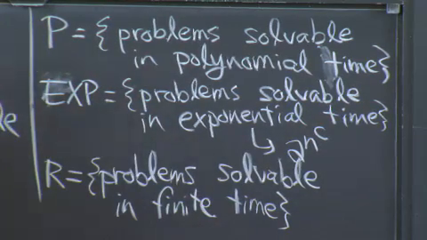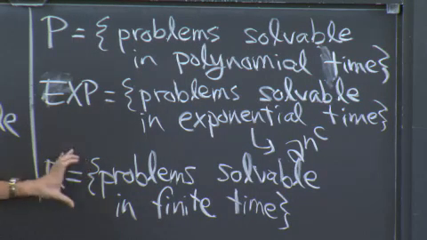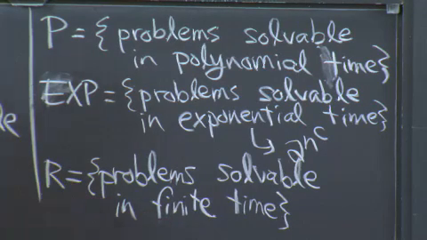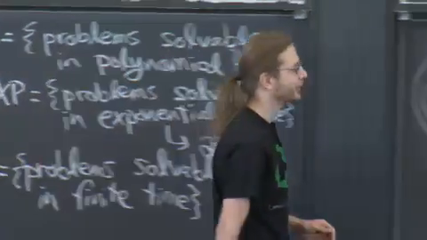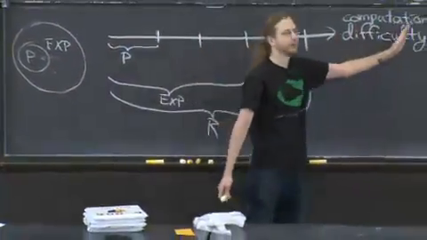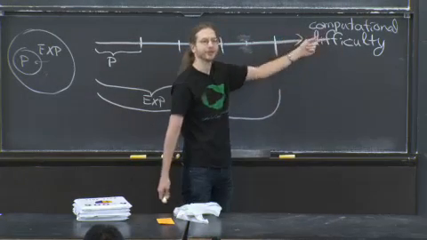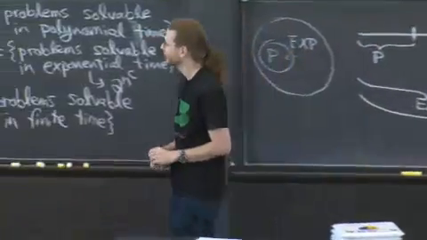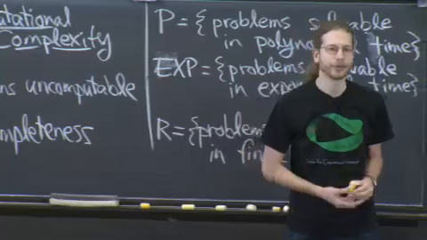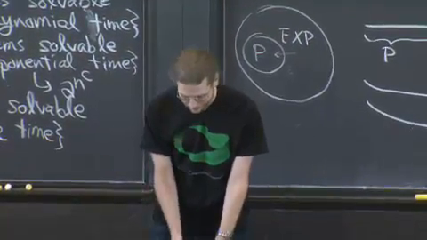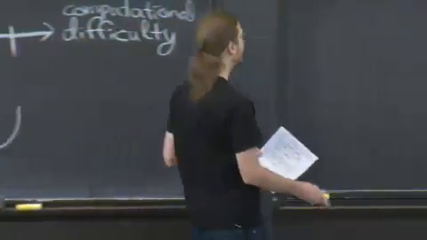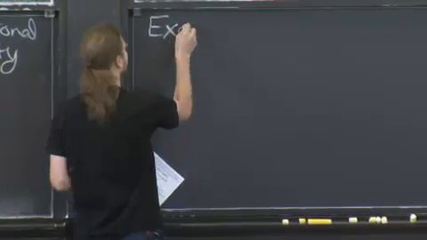Recursive used to mean something completely different back in the 30s when people were thinking about what's computable, what's not computable. These are basically solvable problems, computable problems. Finite time is a reasonable requirement, I think, for all algorithms. And that's R. Now, I've drawn this arrow to keep going because there are problems out here. It's kind of discouraging, but there are problems that are unsolvable. In fact, most problems are unsolvable. And we're going to prove that. It's actually really easy to prove. Kind of depressing, but true. So let me start with some examples before we get to that proof.